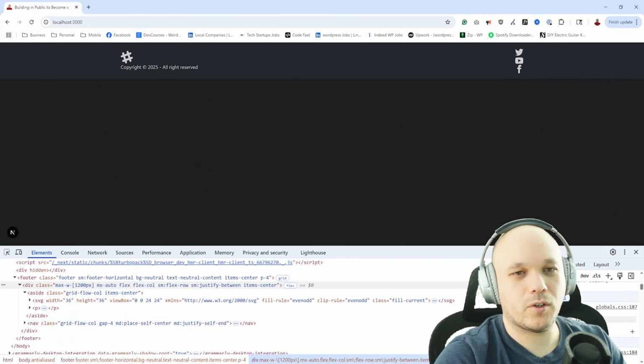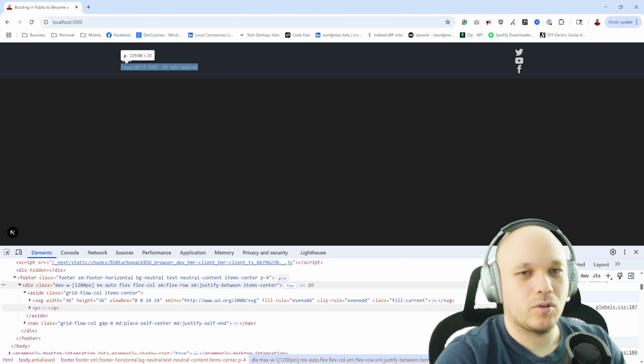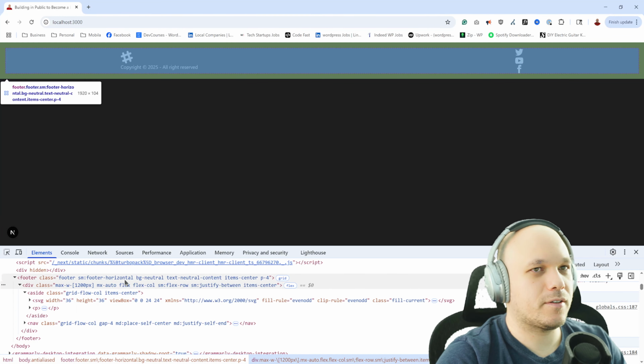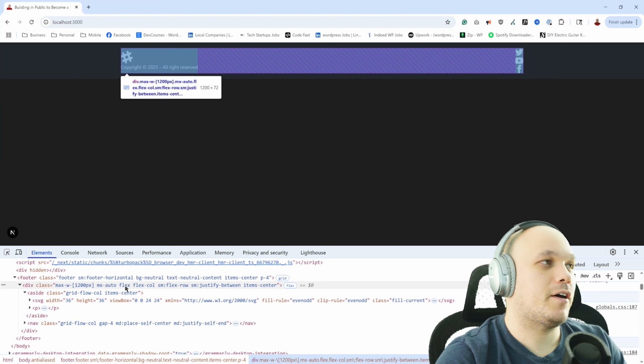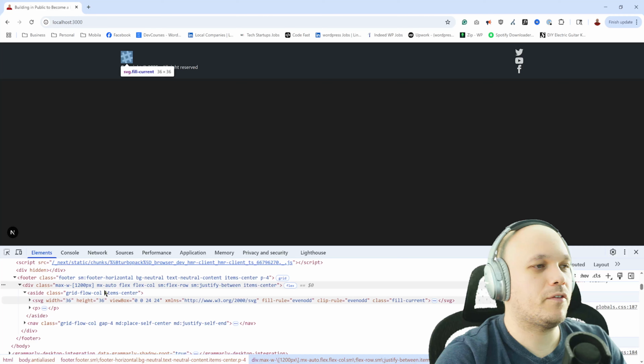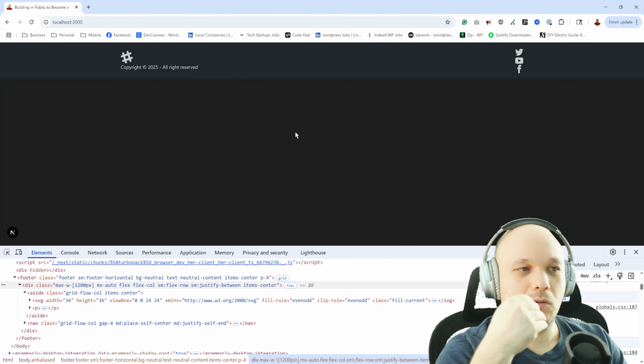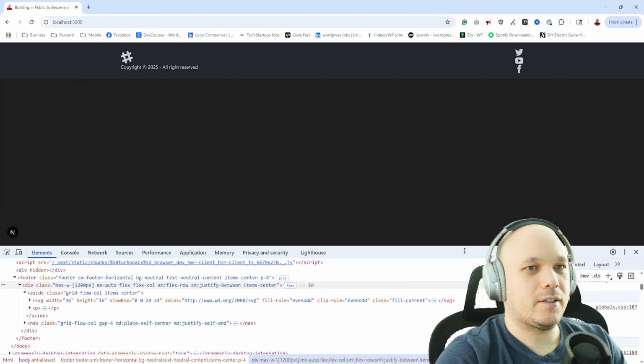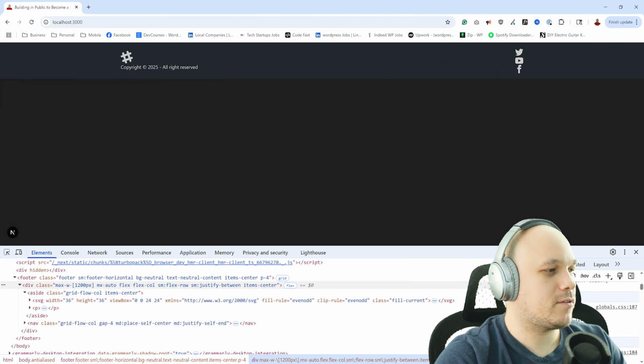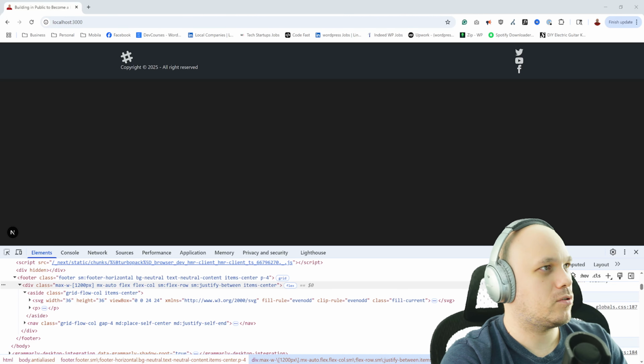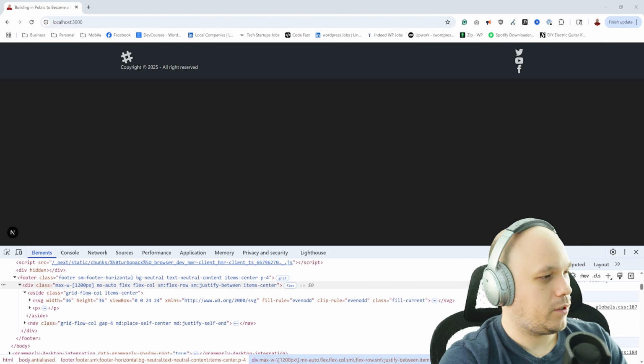But I don't want to do this. I don't want to add those two classes every time. I'd rather have a container defined, so whenever I put that class in, it also adds those two classes. So let's ask ChatGPT, can we add a container class or define a container class in